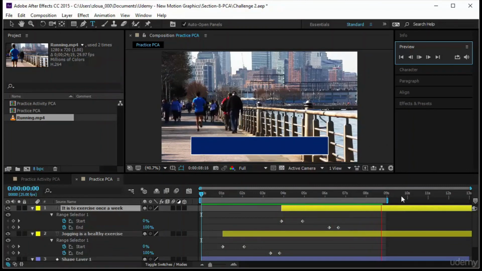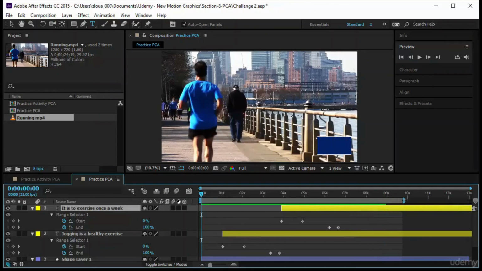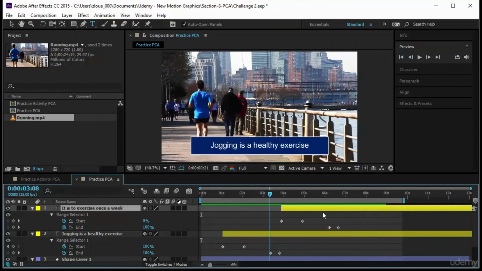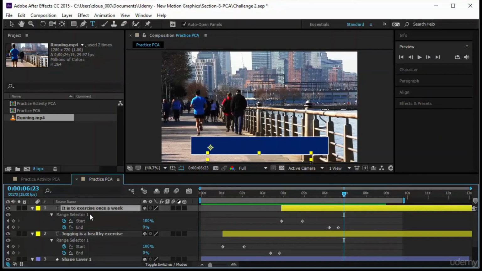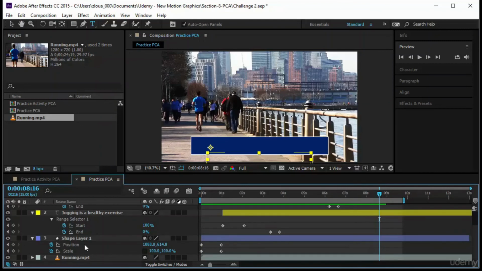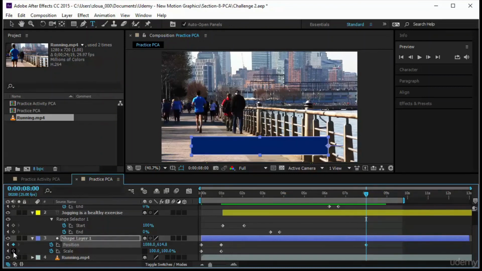Now what we need to do is to remove our rectangle. So it makes sense. Let's say you put 5, 6 of them, you can time them here, you can have so many layers if you want. Then at the end, what you would like to do is to remove the box. We don't want it there when the explanation is over. So I will keyframe, for example, I will come to 8. I will keyframe the position and the scale, come a bit longer, few seconds, okay, and just take it out